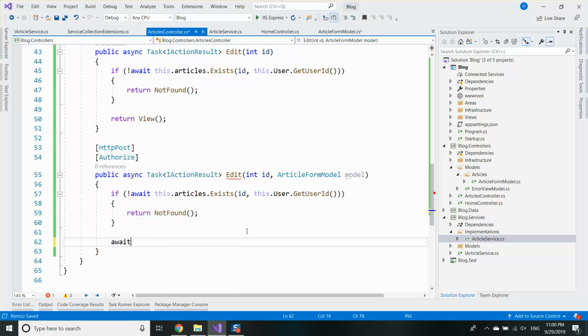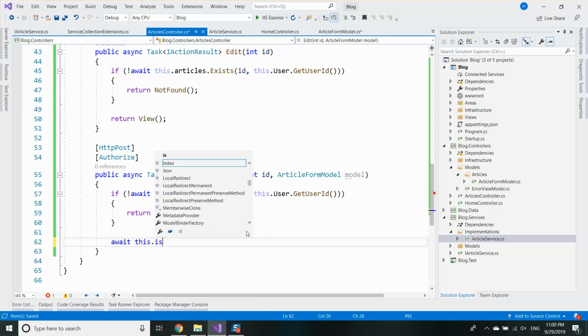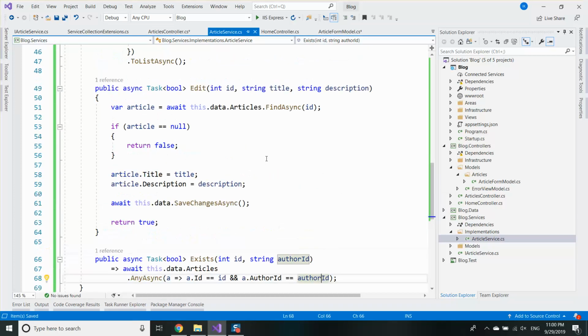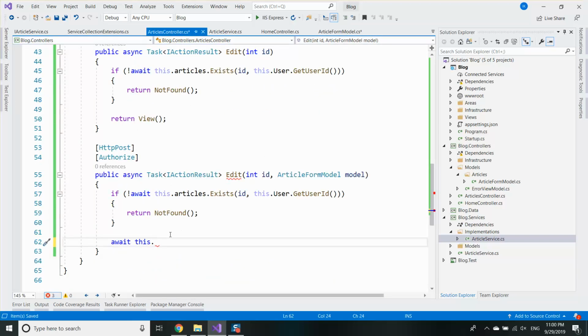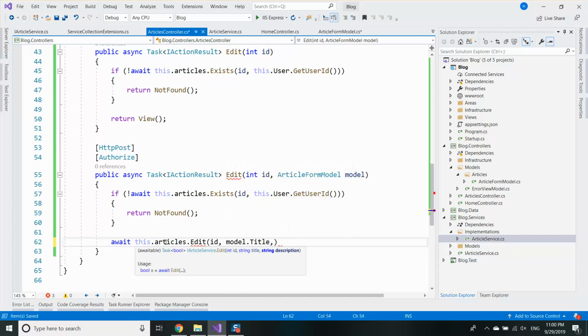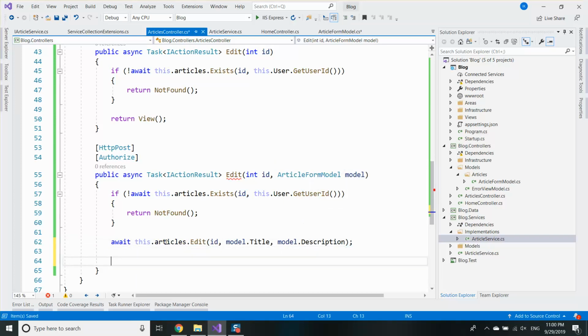Then I should say that articles.edit this ID with this title and this description. Then I should return